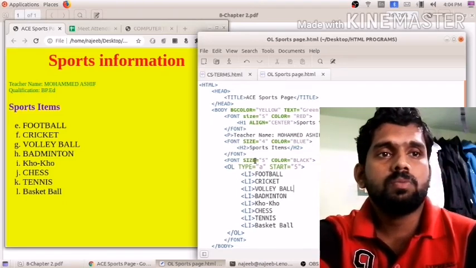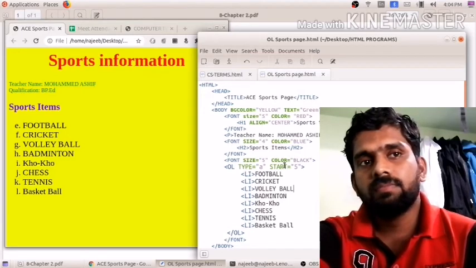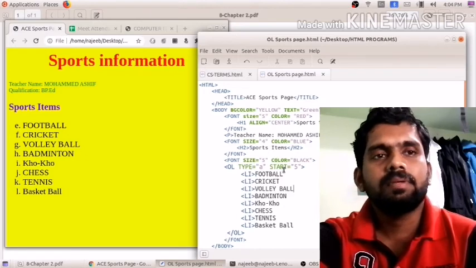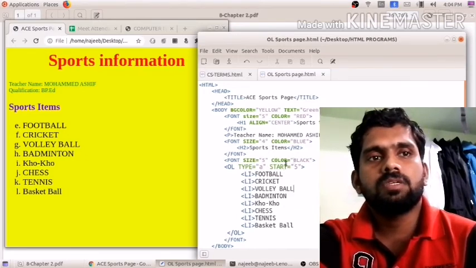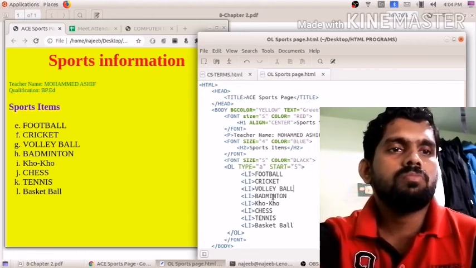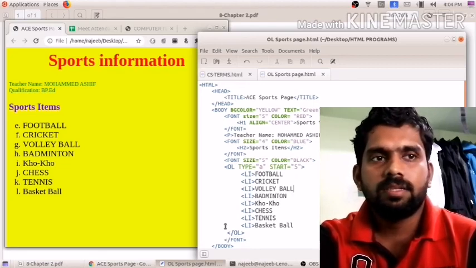Then which letter or which number it starts from can be set by using start. Okay, so that's all about the OL tag, ordered list.